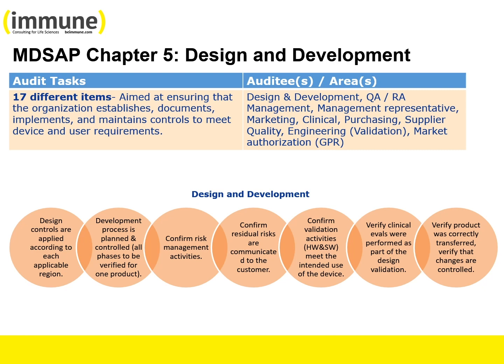The purpose of auditing the design and development process is to verify that the organization establishes, implements, maintains controls to ensure that devices meet the user needs, intended uses, and specified regulatory requirements. As a result of the audit of design and development, evidence will show that the company has defined, documented, and implemented procedures to ensure that the medical devices are designed according to those specified requirements, effectively planned the design and development of a device, established mechanisms including systemic review for addressing incomplete, ambiguous, or conflicting requirements, determined the internally or externally imposed requirements for safety, function, and performance of the intended use, including regulatory requirements, risk management, and human factors requirements,